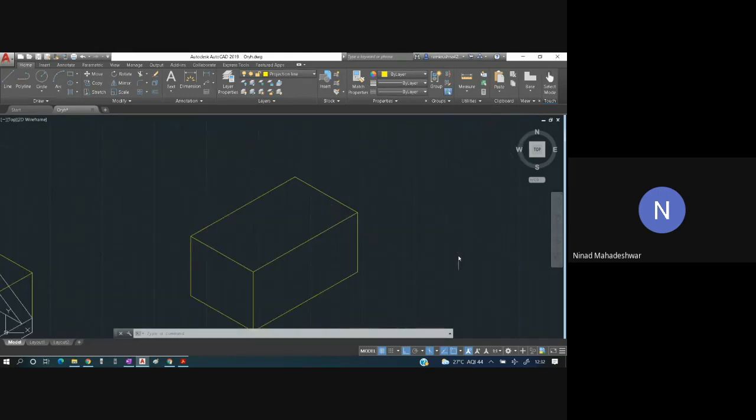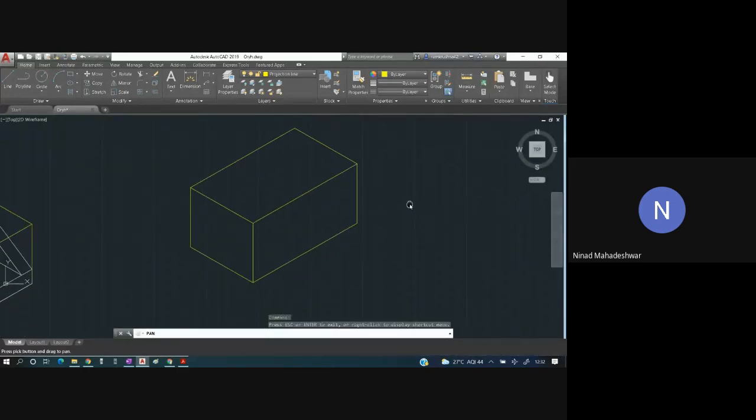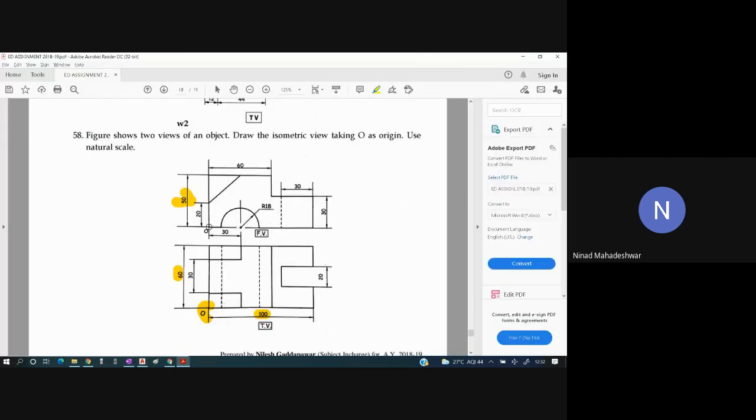Focus over here now. Now we have to draw the front view over here. So from the origin, how many mm will you go up? 20. Then from here you will go 30, 60. This length is again 20. Till the very end you will go. Then again 30, and you will join till here. So this is how you are going to go about.